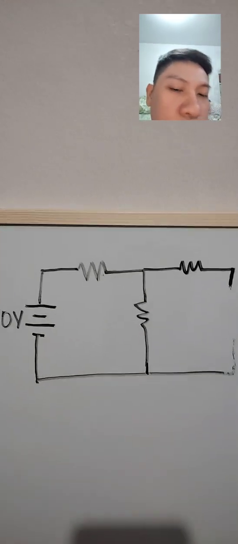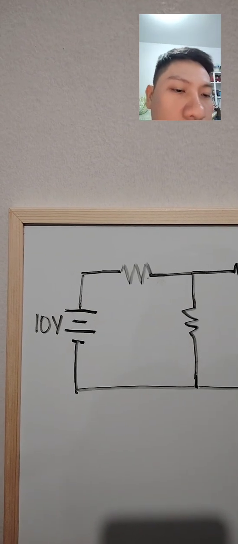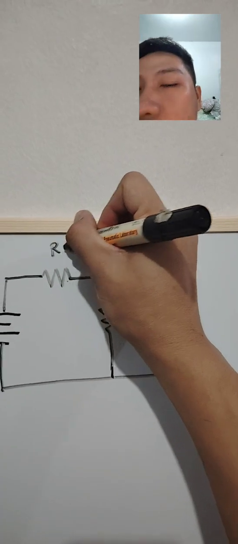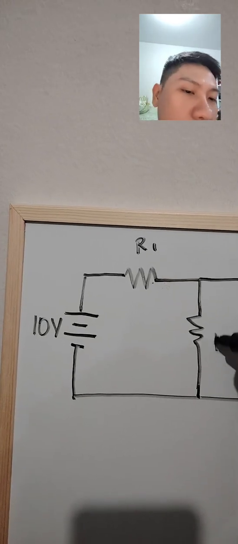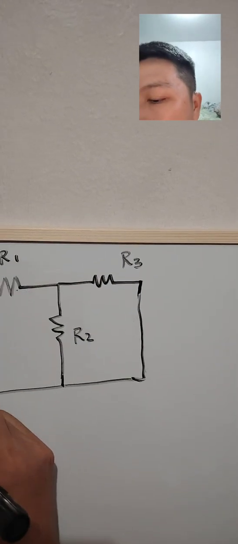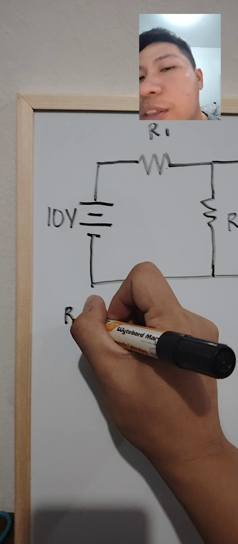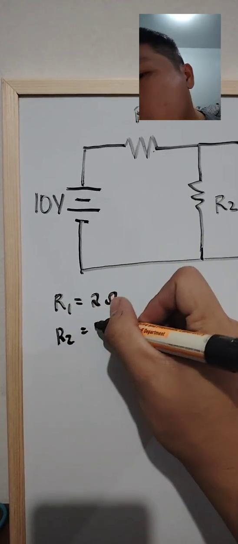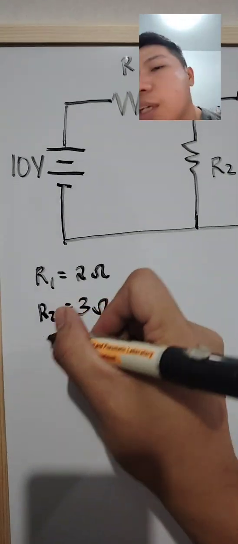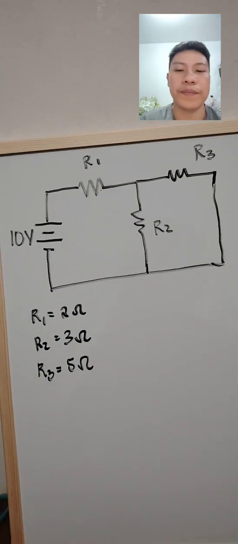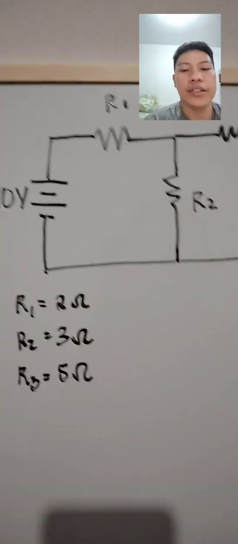Let us start with a simpler circuit. Okay, let's just have three resistors and let me label them as R1, R2, and R3. Let's say, for example, that R1 is 2 ohms, R2 is 3 ohms, and R3 is 5 ohms. Okay, now